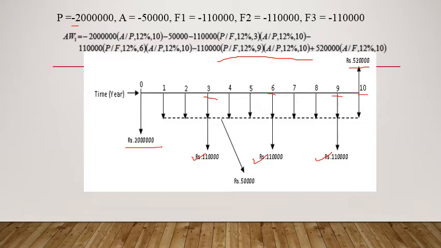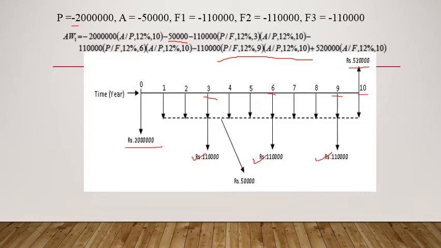Okay, so whenever A comes into picture, I have been telling you to count the number of flows. Now how many flows are required? 10 flows are required, because it has to be uniformly spread for 10 years. Hence n must be taken as 10. Next, this 50,000, it's already A, retain it as A, there is no confusion in it.